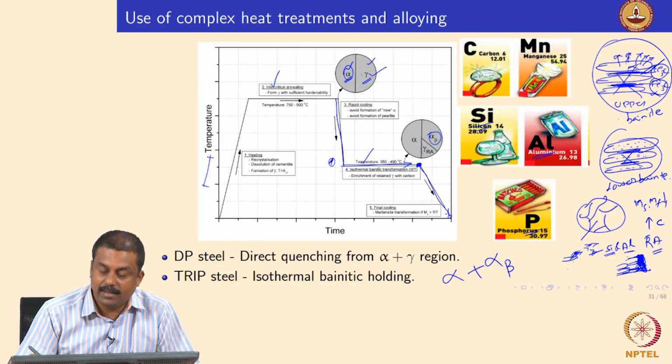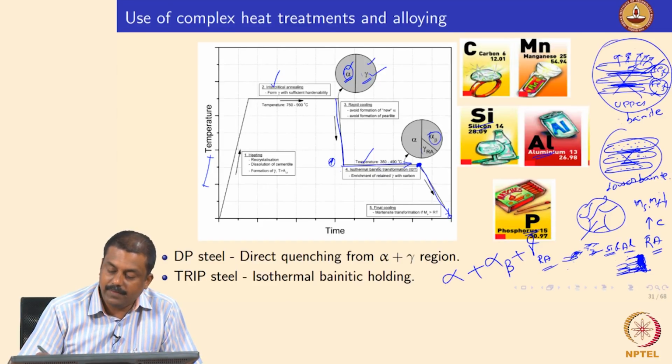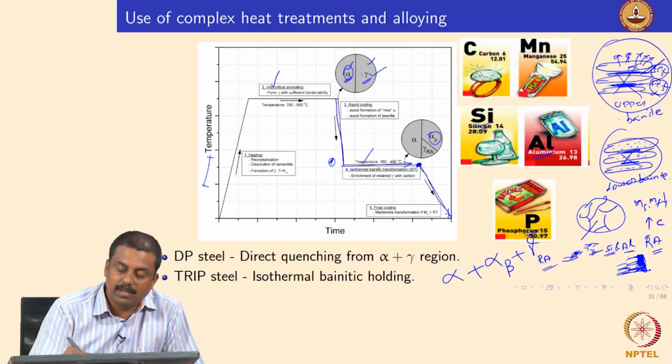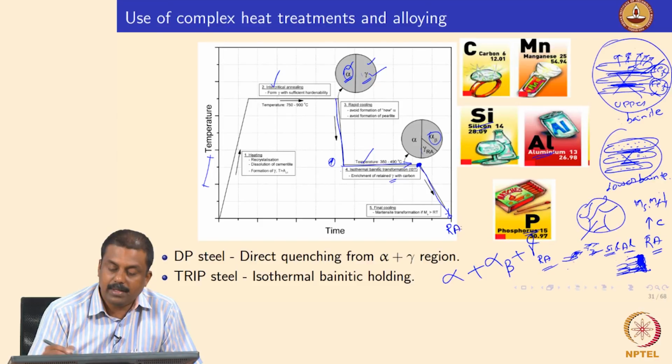So, we will end up getting a three phase microstructure in TRIP steel: ferrite, bainitic ferrite, right. It is not a conventional bainite, it is a bainitic ferrite, plus you have a retained austenite. This is a 3-phase microstructure which is typically seen in a TRIP steel microstructure. The critical part to generate this 3-phase microstructure is this isothermal bainitic holding. We are doing an isothermal holding at temperatures between 350 and 500 degrees centigrade to enrich austenite with carbon during this treatment, so that the austenite can be retained at room temperature.